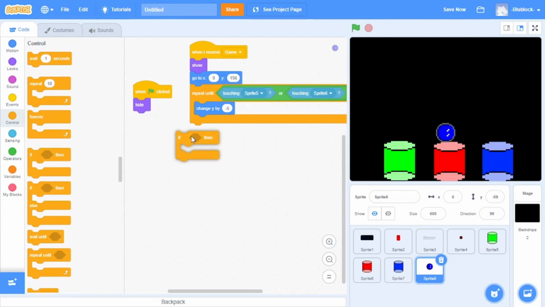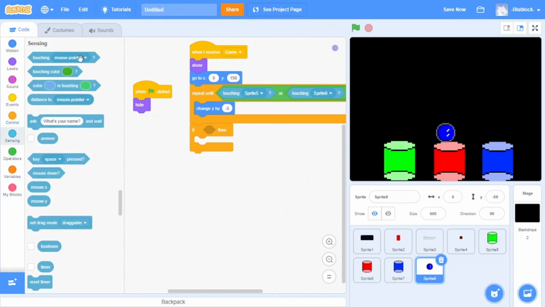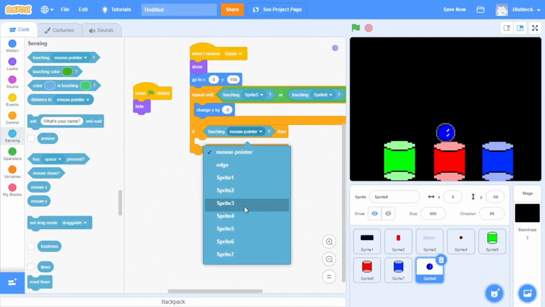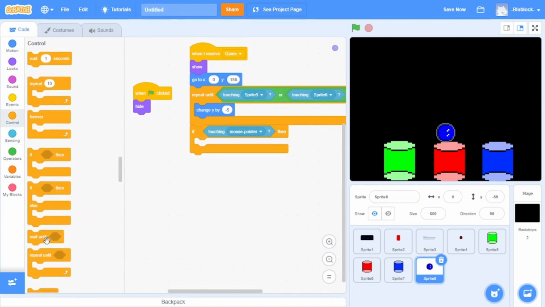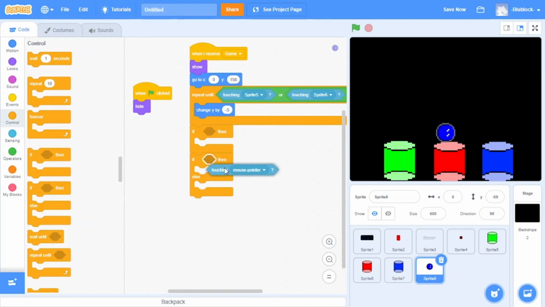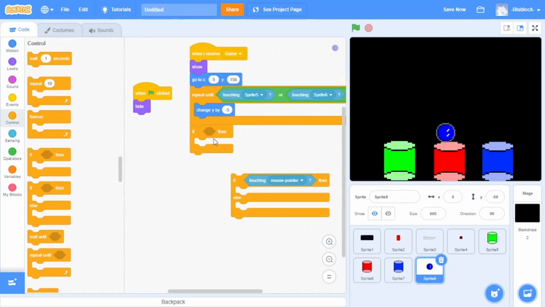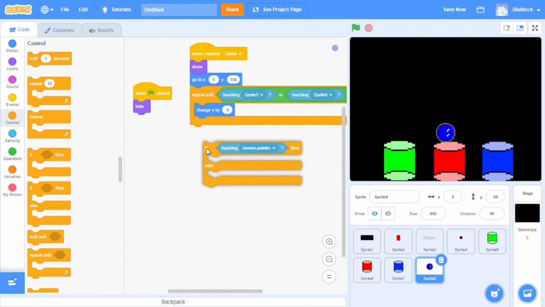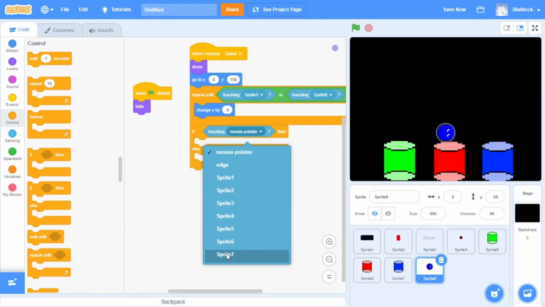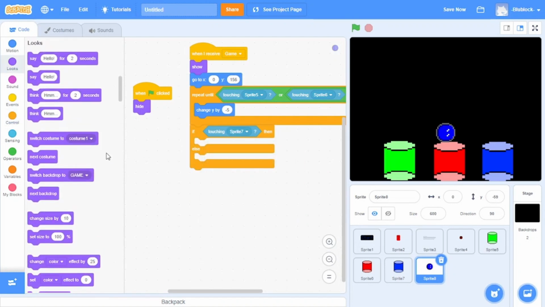So we're going to go ahead and do if, we're going to do 3 ifs. Well, just one, actually. So, if touching, we're going to need an if else. So we have if touching sprite, what's the blue one supposed to press? The blue one's sprite 7. So if touching sprite 7, then